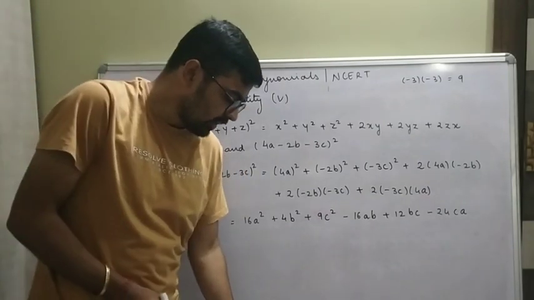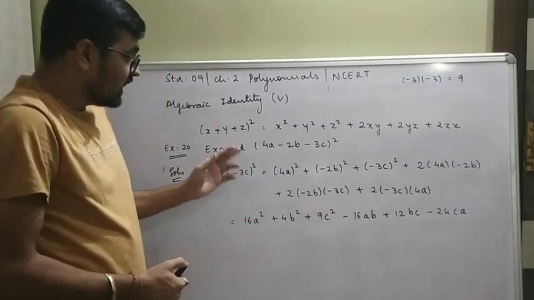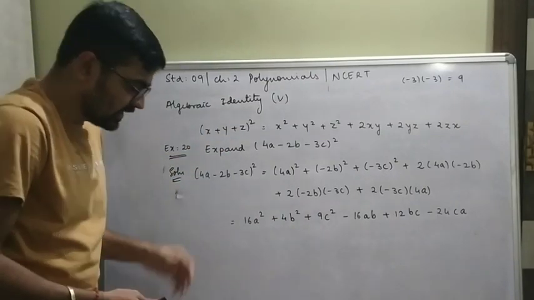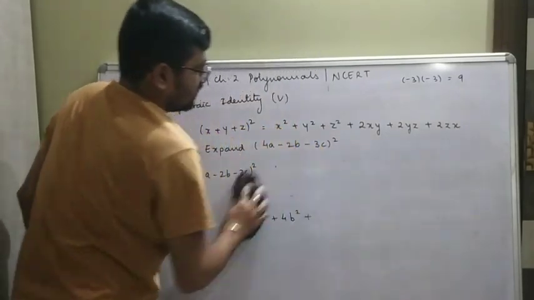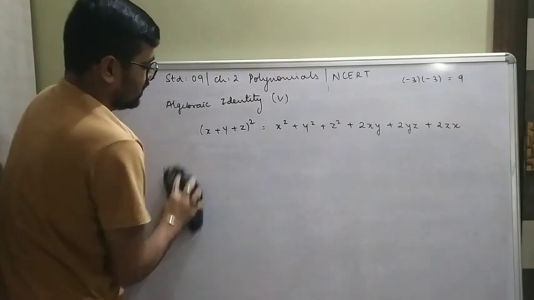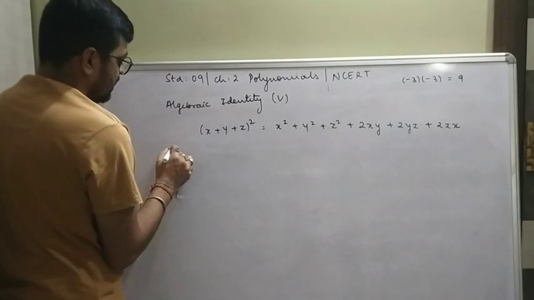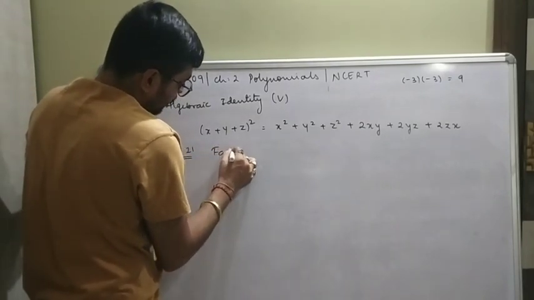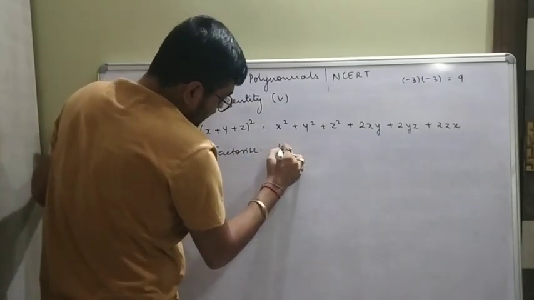Let's see one more problem, but in the reverse way. Correct. Reverse way in the sense, now we will have the right hand side and we'll try to get to the left hand side. So basically what we will say is factorize. Correct. So let's go directly for that. I'm not going to let you waste time. So what we have in example number 21, we want to factorize 4x square plus y